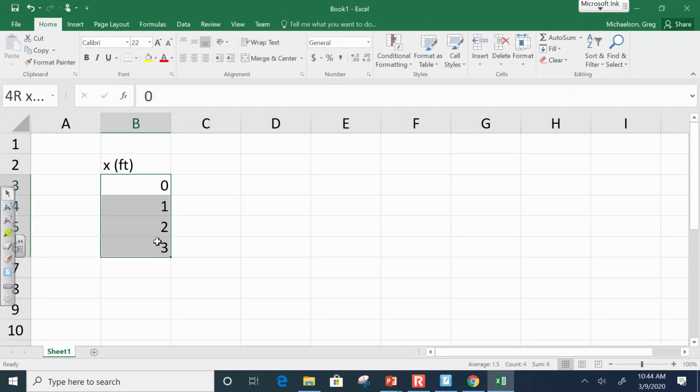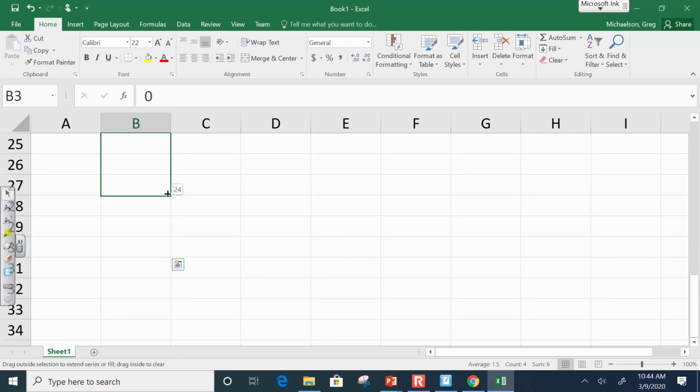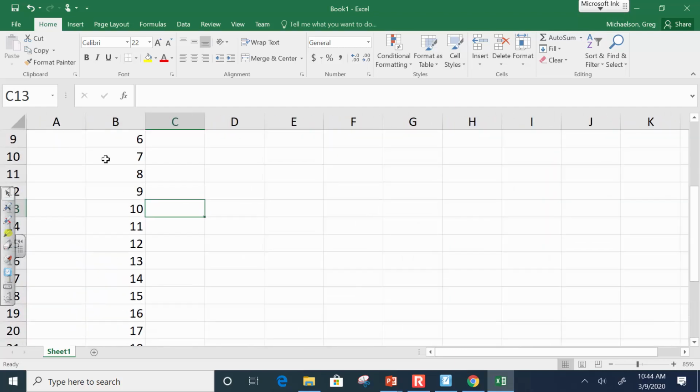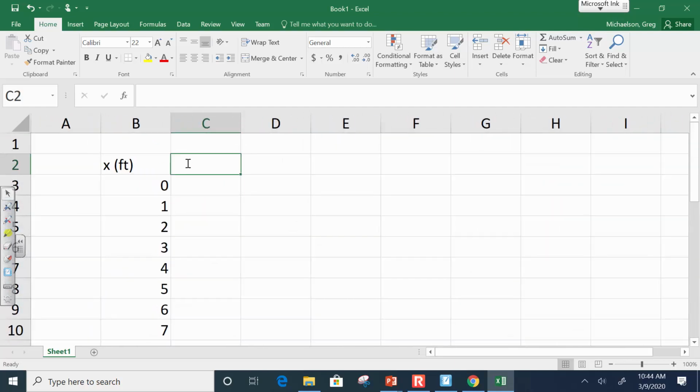So, if I were to zoom out, something like that. Now, what was the equation again? 79.2 minus what? 6.6x. All right, so equals